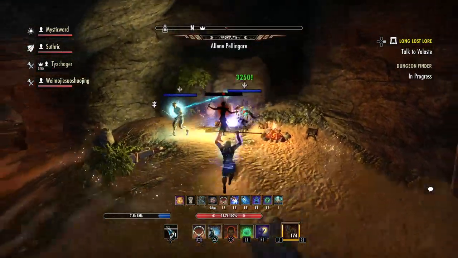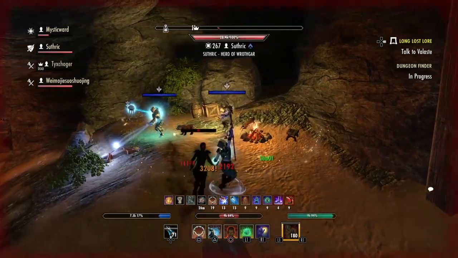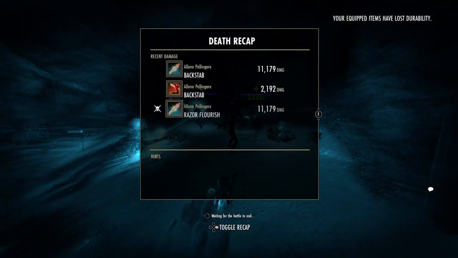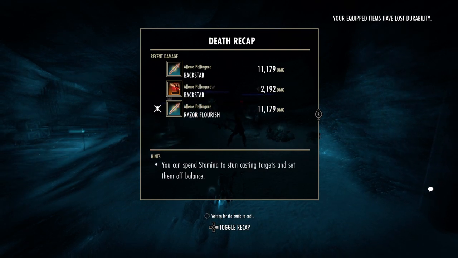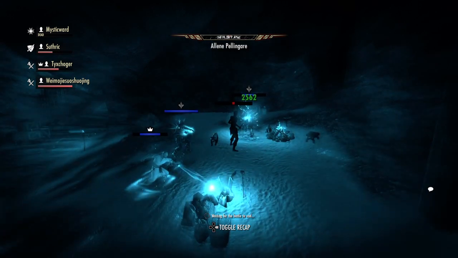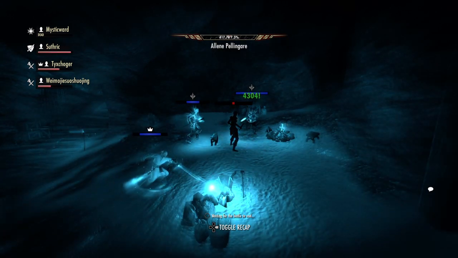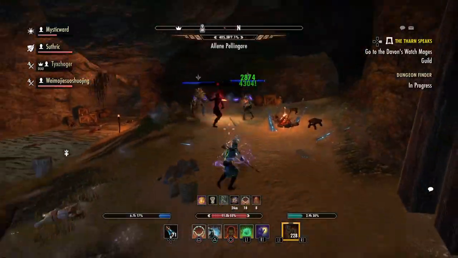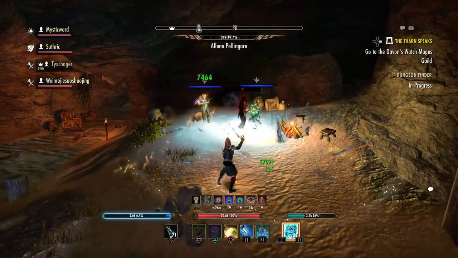Standing way too close. Oh, double hit. Double. She got me both on the 11. That can happen. That will happen. If she gets a double teleport, you're screwed. Let's see if I can...